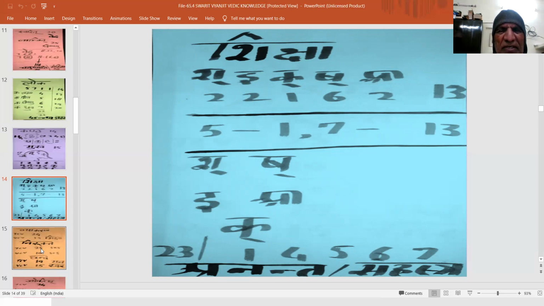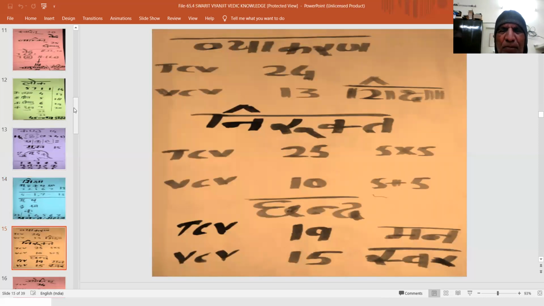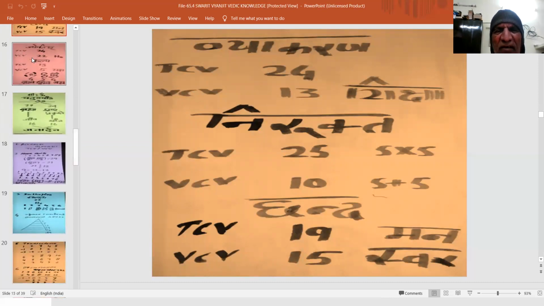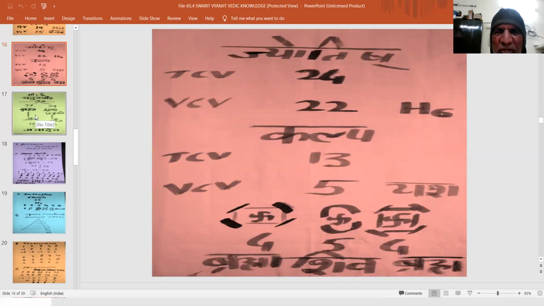The sound frequencies domain lively within the light frequencies domain is the feature with whose comprehension and imbibing we can sequentially be parallel with the formulation Vyakaran of transcendental code value 24 and Vedic code value 13, Nirukt of transcendental code value 25, Vedic code value 10, Chand of transcendental code value 19 and Vedic code value 15, Jyotish of transcendental code value 24 and Vedic code value 22, Kalp of transcendental code value 13 and Vedic code value 5.